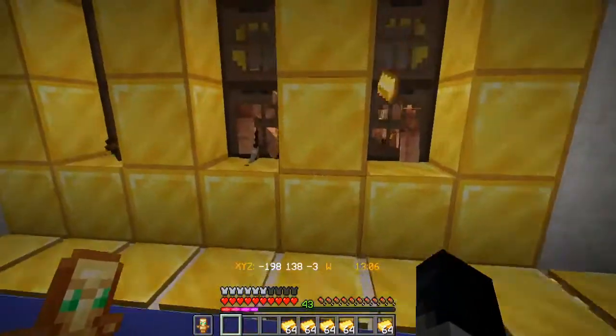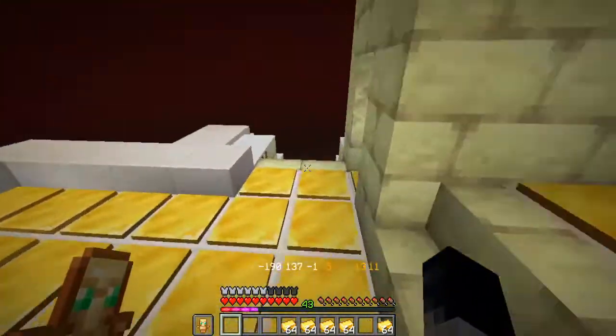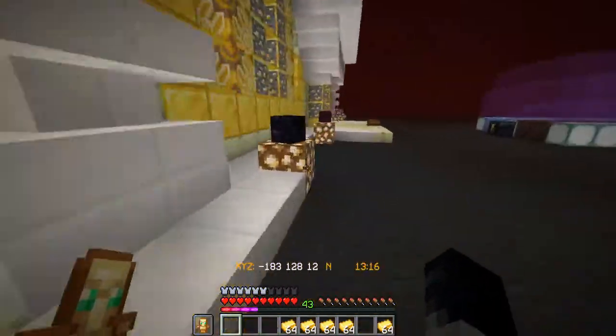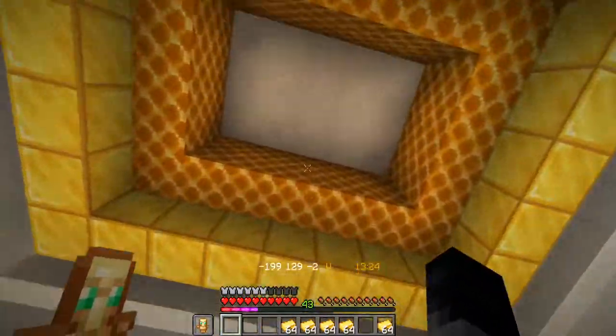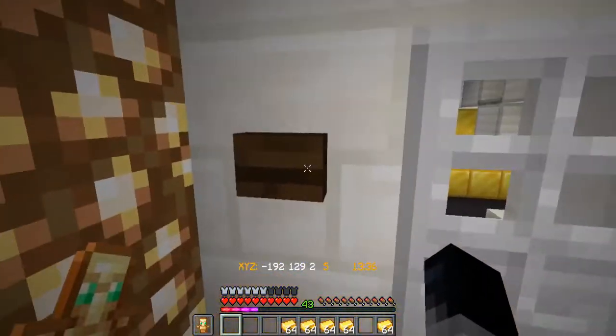So all 3 of these guys have hoppers underneath them. And then if I keep going down the farm, down here is our lowest level. This is the main floor. And this is the area where we receive all of the piglin trades. So the piglins are up above us. But yeah, behind all of this, if I just pop into the maintenance area back here for a sec,